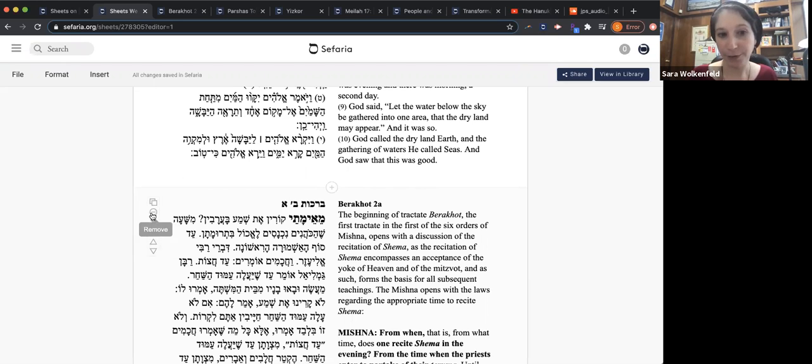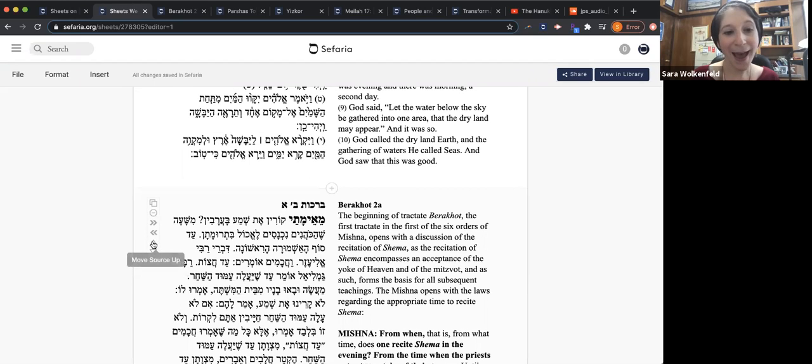You can remove a source from a source sheet. I mentioned that in answer to Zoe's question before, that you can always remove a source just using that minus button. You can indent or outdent a source. And this is partially an answer to your question, you can always move a source up or down. So the order in which I place sources is not the order in which they have to stay.